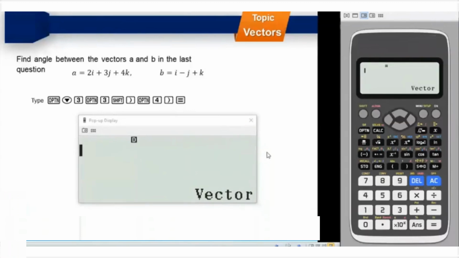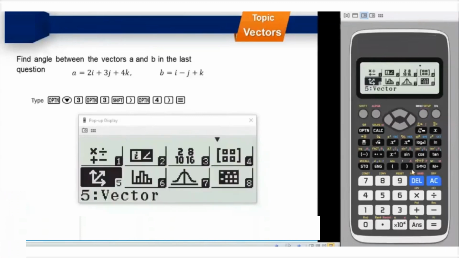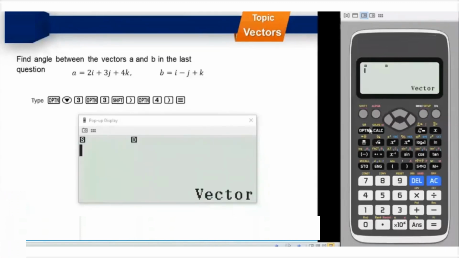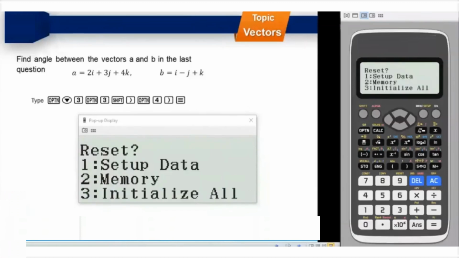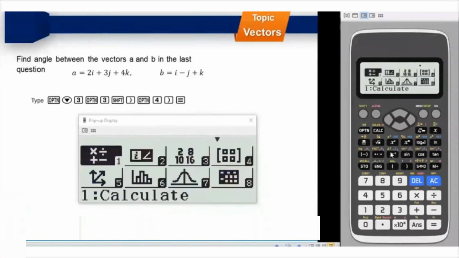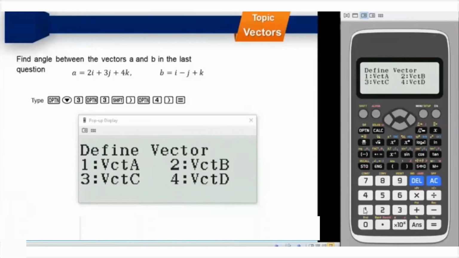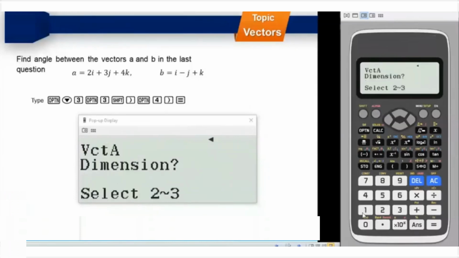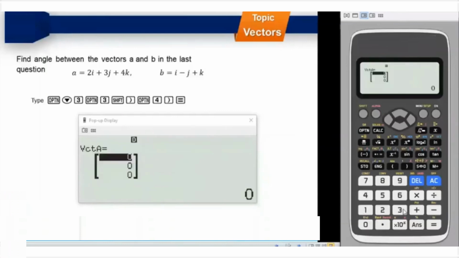I will define a vector. It's a new vector, so I am first clearing my screen. Shift 9 3 is equals to, and the AC button. I will press menu 5 to enter vector. Vector A, let's suppose, is a three-dimensional vector and the values are 5i plus 2j and 3k,